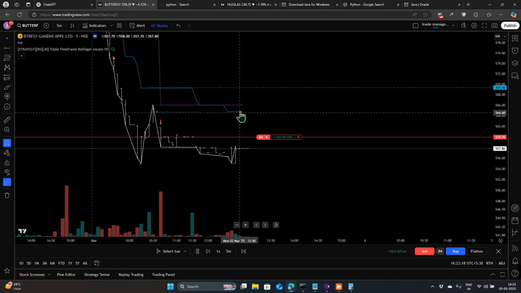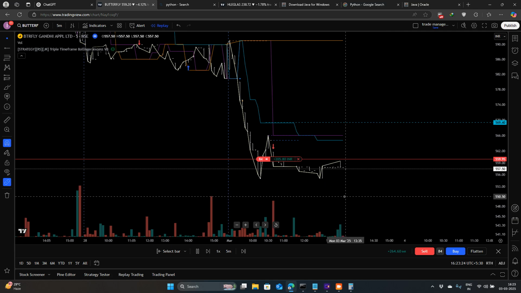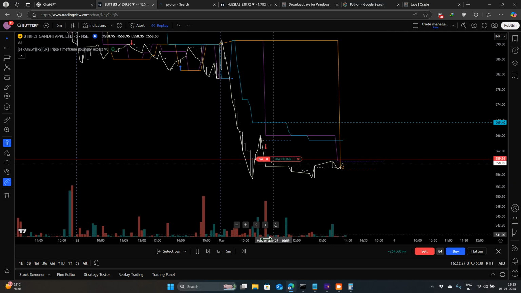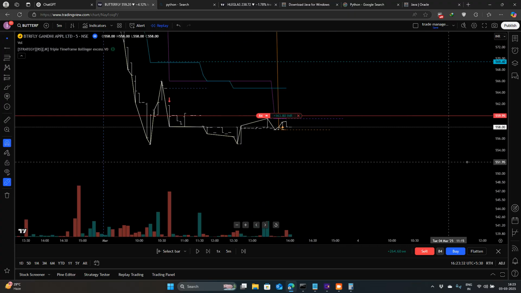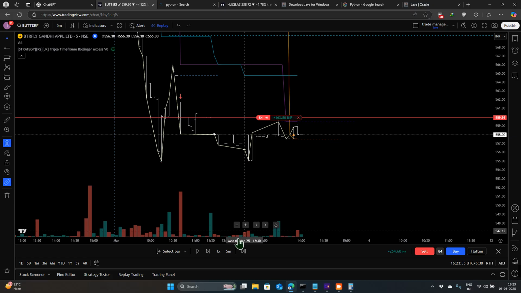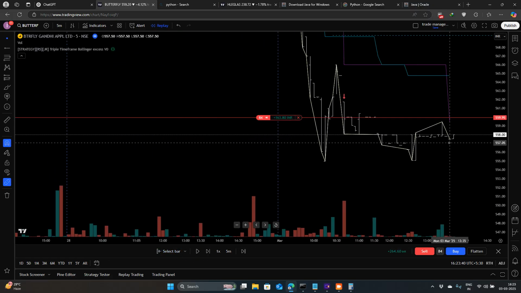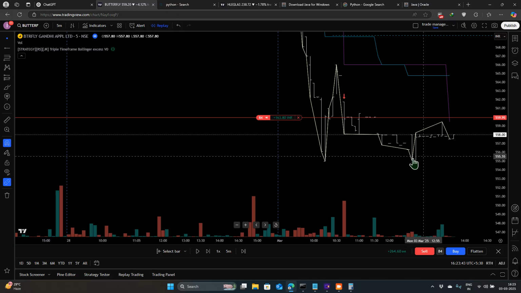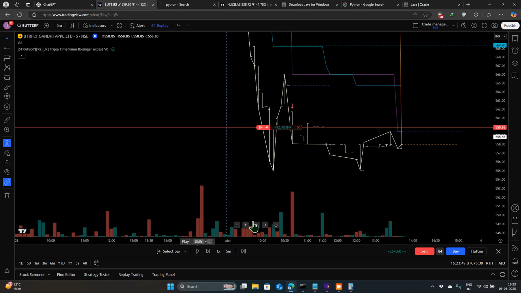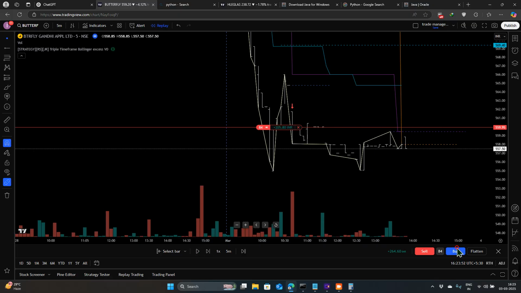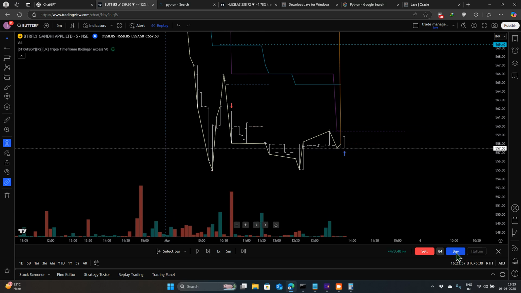This would be our stop. This is our stop. This is our stop again. Okay, now the stop got hit. On 5 minutes, the stop got hit right here. So we're on here. Okay. Where is the stop? Okay, this is the stop. So this is where we bought it. We buy it again.